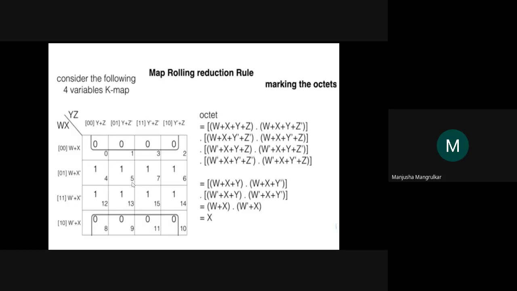So our first aim is we have to see the KMAPs. How many zeros can I do the mapping with each other? I can form the combination of two. How many can I form? I can form the combination of four. How many zeros can I form the combinations of eight? So we need to see the maximum combinations. Sometimes the overlap comes, which we are going to see in the next example.